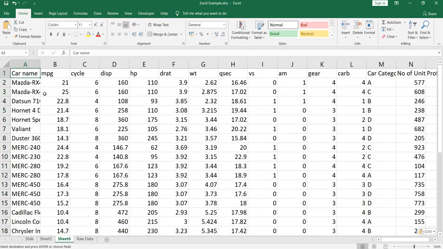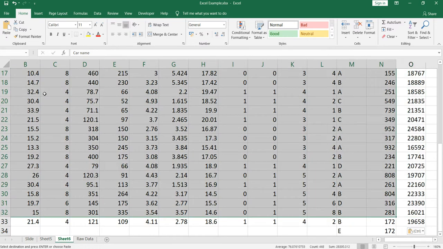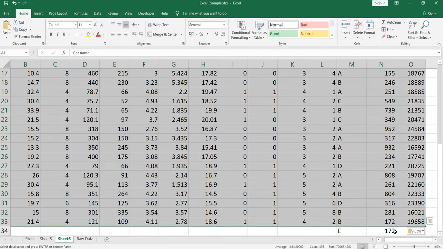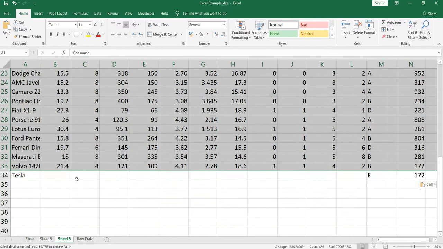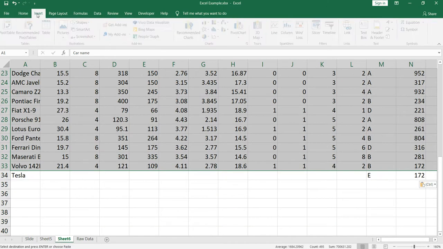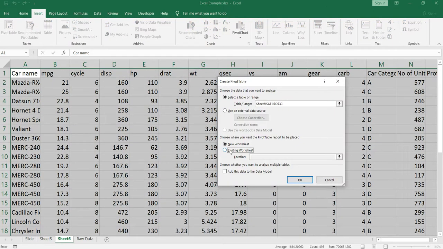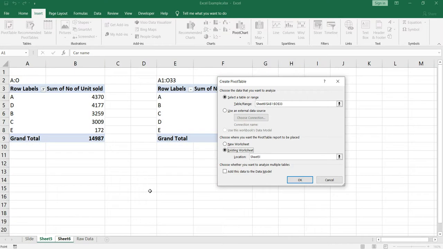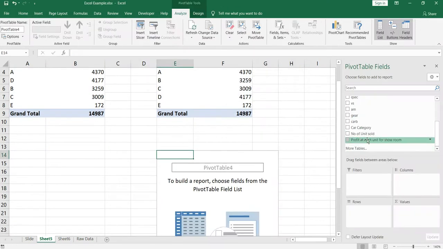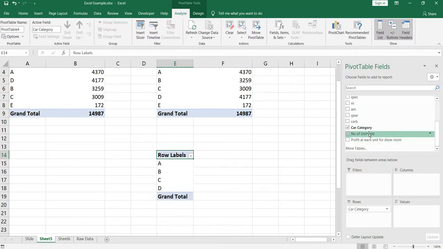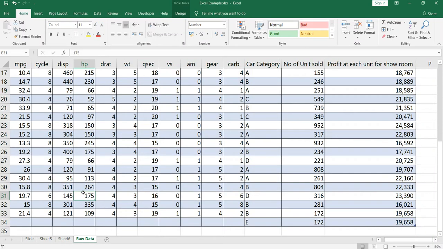And then I'll take this range where I won't include this Tesla one. I'll go to insert pivot table, existing pivot table, sheet 5, and I'll select here. Now if I take car category and units sold, and if I increase a few more records in sheet 6,